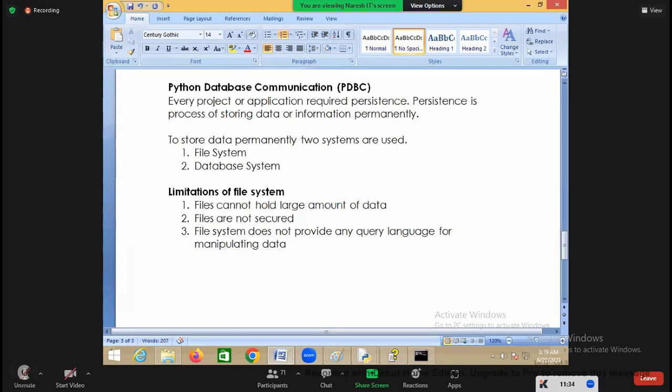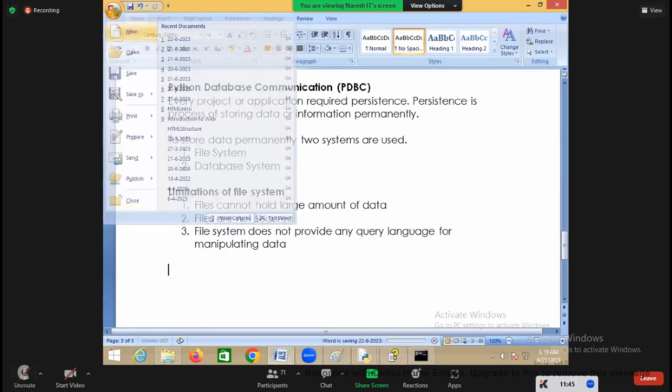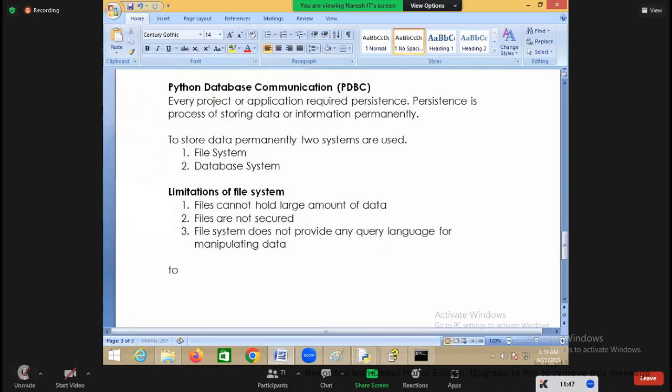If I want to delete data, I need to write my own program for deleting. So there is no query language or support for manipulating data. So these are the limitations of file system. So to overcome the above limitations, applications use